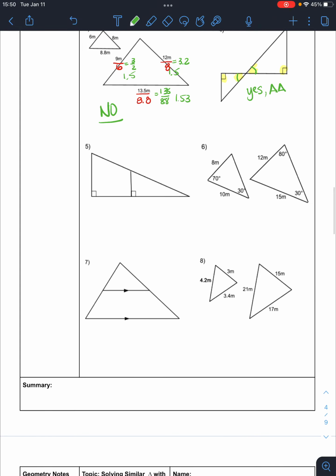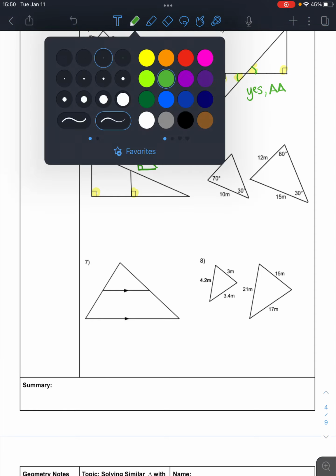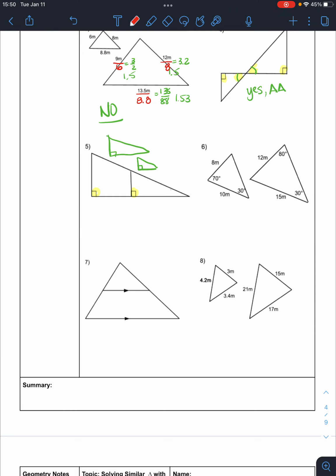Number 5, be careful with this one. Sometimes you might need to draw these overlapping triangles as 2 separate triangles. What you'll notice is you have 1 pair. Here's 2 angles, and you need 2 more that match. Well, what we actually have, you can't see it because they kind of overlap, is that this angle right here